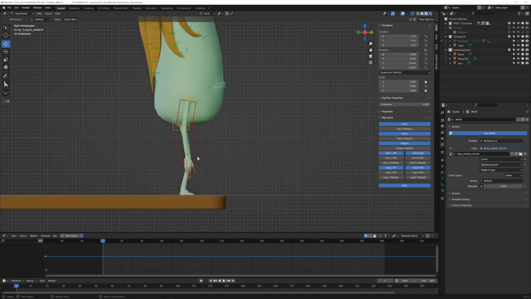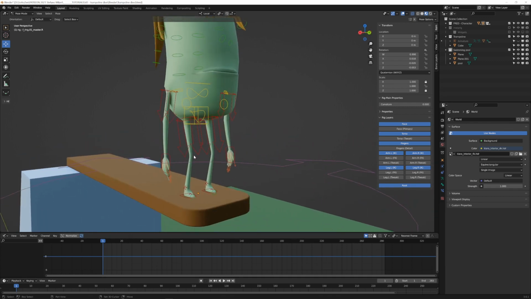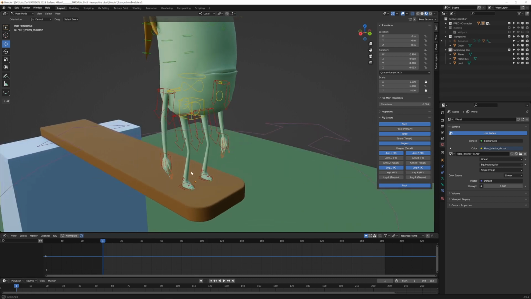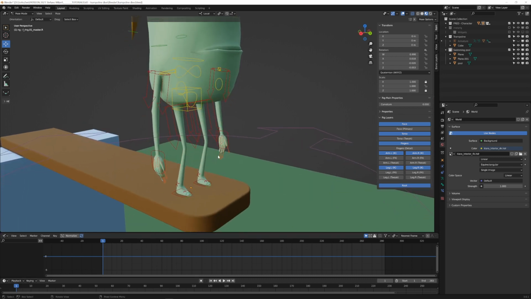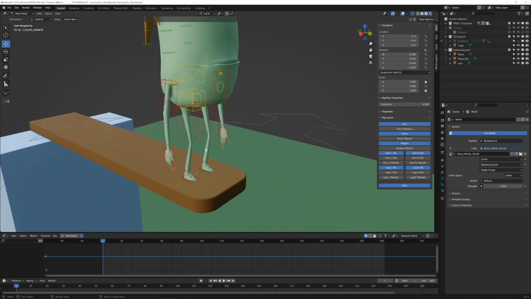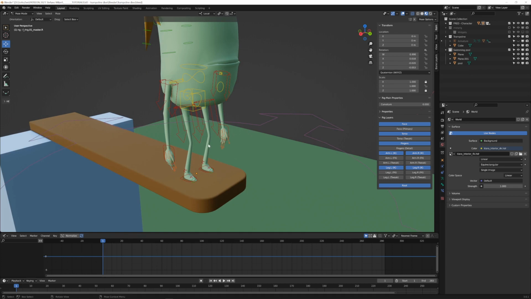So we are ready to start animating, and the way that I love to do it, and here anyone has their own recipe for this, so I'm not saying that this is the best way. I am almost sure that probably it is not, but this is my way. So what I try to do is to start animating the principal controllers and ignoring at first all the secondary bones,